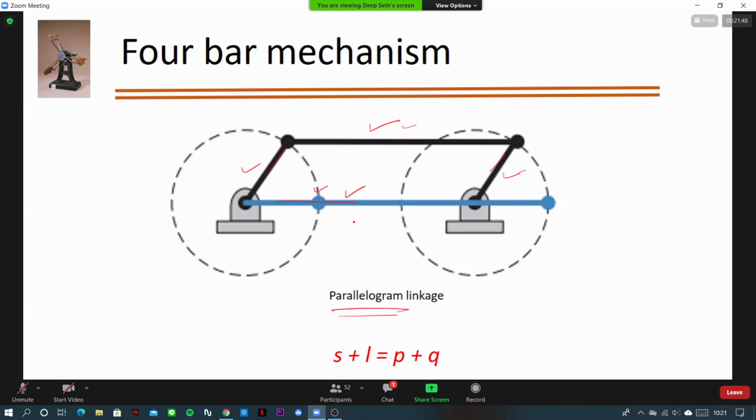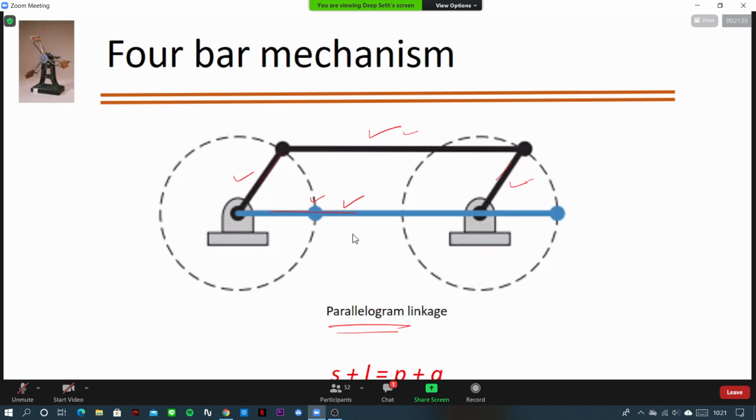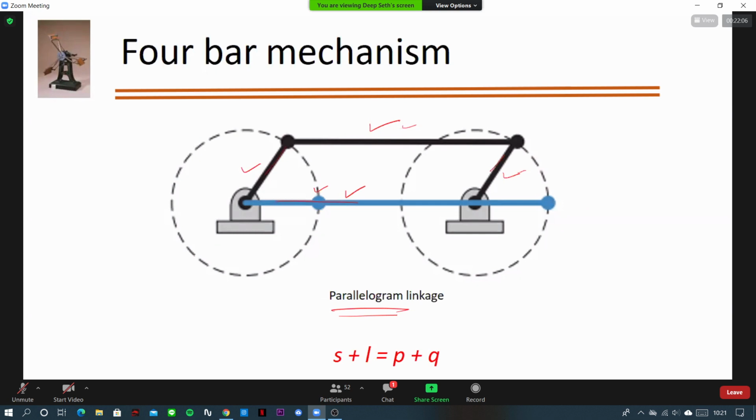Okay, so this is actually forming a parallelogram, and parallelograms also have some applications. Maybe you have seen a train wheel. I don't know whether you have trains. A train wheel actually moves like this. You give input to one wheel, and because of this parallelogram, the other wheel moves. So it transfers the motion to the other wheels and they move. Let me show you one example of how this parallelogram will work.